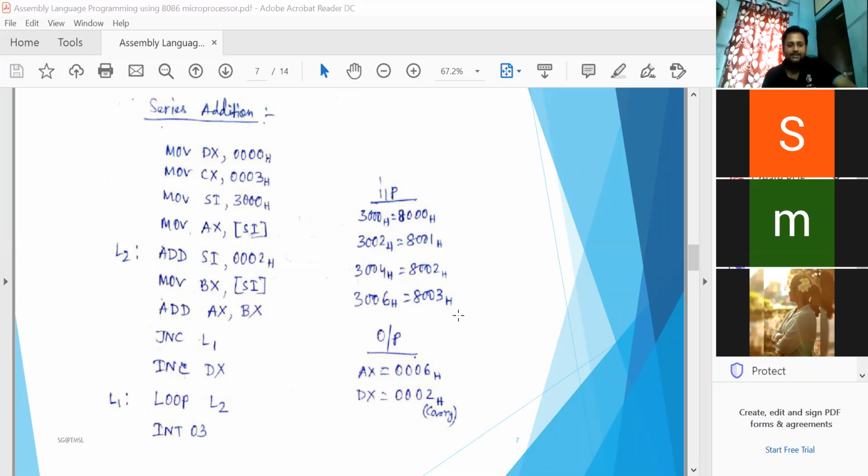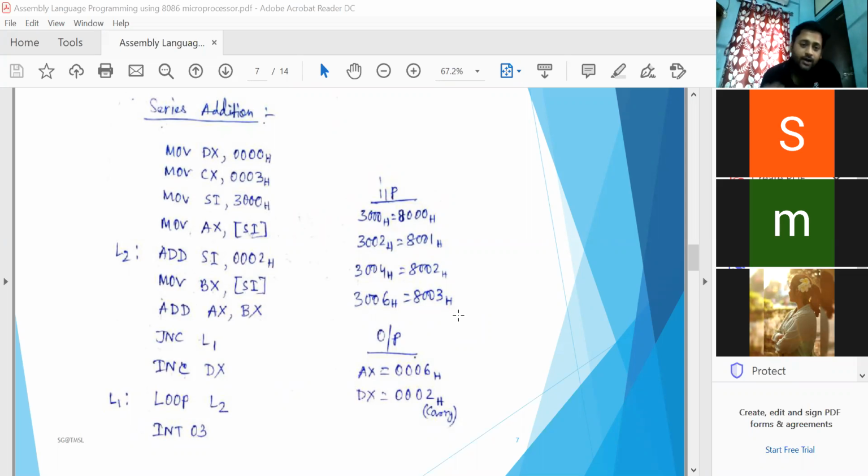Now, one thing is here. This program can be implemented in various ways, because there are powerful instruction sets available in the 8086 microprocessor. You have different types of instructions available. You have loop instructions, you have string instructions, and you have the normal increment and decrement or the addition instructions. Flag manipulation instructions are there. So there is more flexibility in doing this program in the 8086 microprocessor.